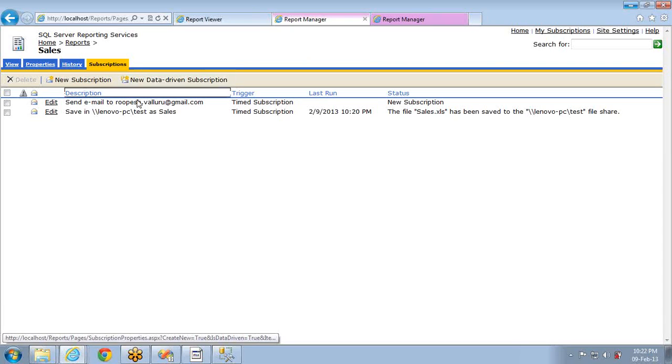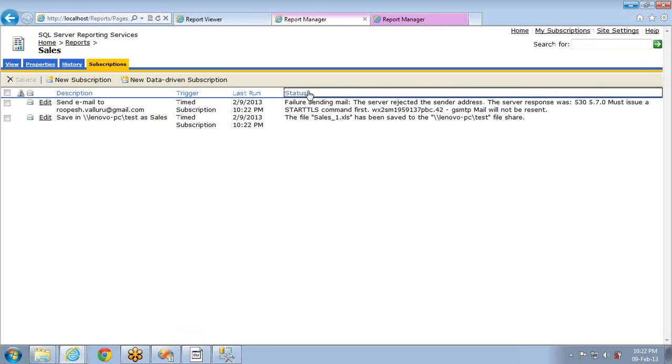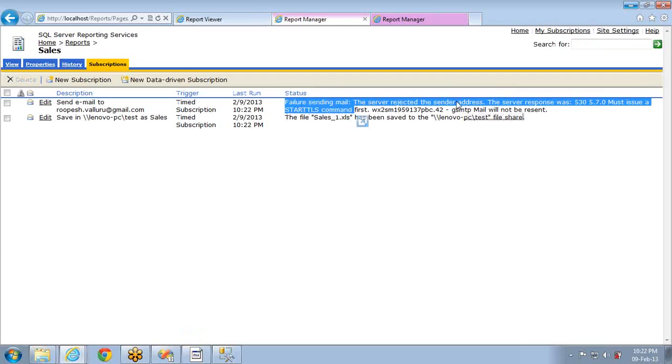And I don't know whether I've given the correct SMTP settings. If it is correct, then the mail also will be sent, or else it will throw an error saying failed sending, the server rejected the sender address. So the sender address is not correct. That's why it is throwing some error. So fine, this is not a big issue. In software companies where you are going to work, it will be configured in a better way, or else they will give the exact and correct SMTP server settings. I have given some junk settings. So if you provide the correct one, then it will work, and the mail will be sent to the users that you have specified in the To, BCC